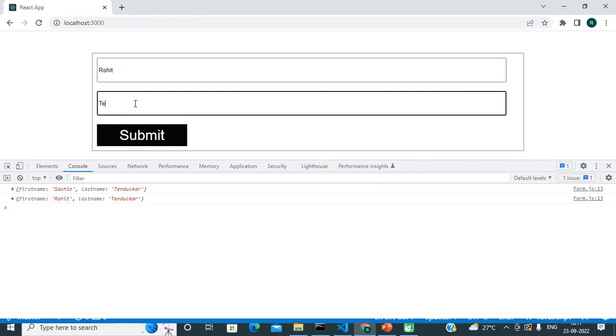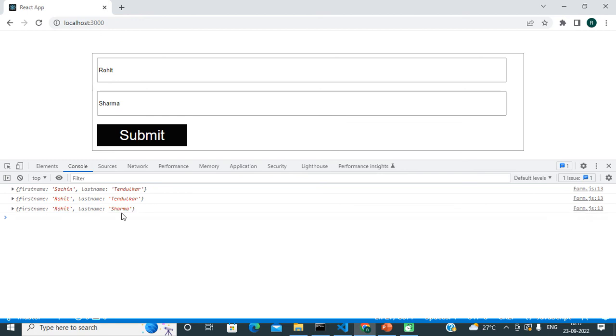If we change this to another name, Sharma, so Rohit Sharma, you can see Rohit Sharma. If we change both the fields at the same time, you can see I am getting the recently updated data.